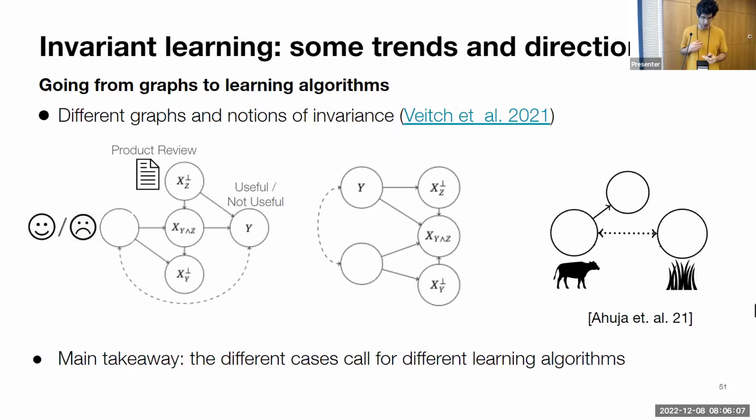All right. So this field, as I said, is vastly expanding, and there are a lot of trends and directions that are also relevant to NLP. One thing that's also relevant to what Zhijing talked about earlier, the causal direction of the data, is that we have some understanding about the way that our data is being generated. So for instance, sentiment causes text, right? But helpfulness of a review is caused by the text. The first is an anti-causal problem, and the latter is a causal problem.